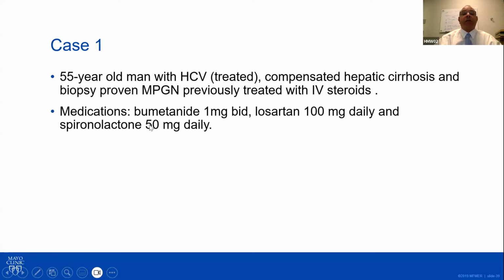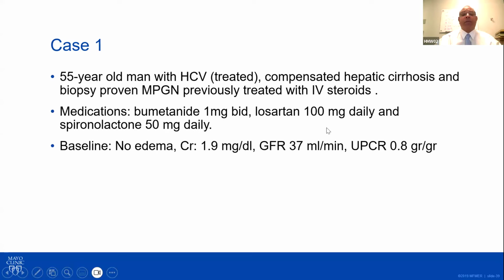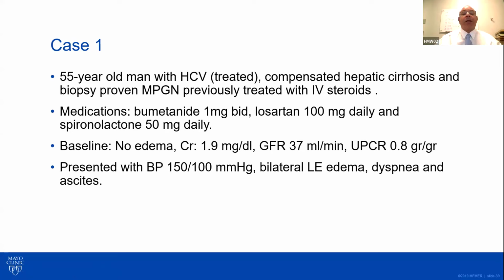Now he is maintained on spironolactone, Bumex 1 milligram per day, and losartan 100 milligram daily. Creatinine is not the best, but it's stable with a GFR of 37. He has low-grade protein in the urine, around 800 milligram per gram. And all of a sudden, this patient presented with